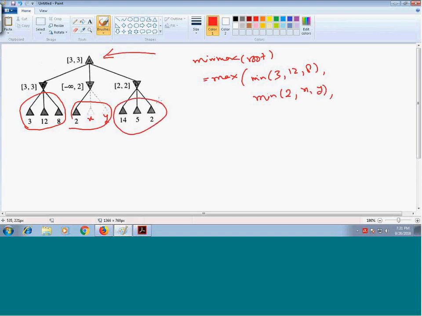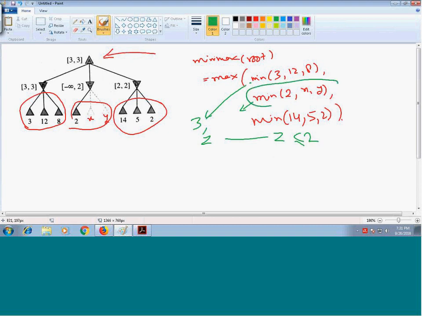Let's assume that it is min of x, y. And here you want to take the minimum of 4, 5 and 2. So can you tell me what is going to happen? What is the minimum from this place? Minimum from this place is 3. What is it from this place? I don't know, but I know that whatever value this Z is, it is always less than or equal to 2. If I take the minimum from this particular place, this is going to give me some value always less than or equal to 2. Are you with me?